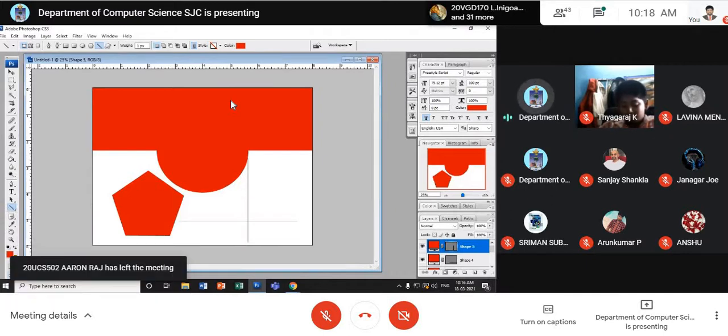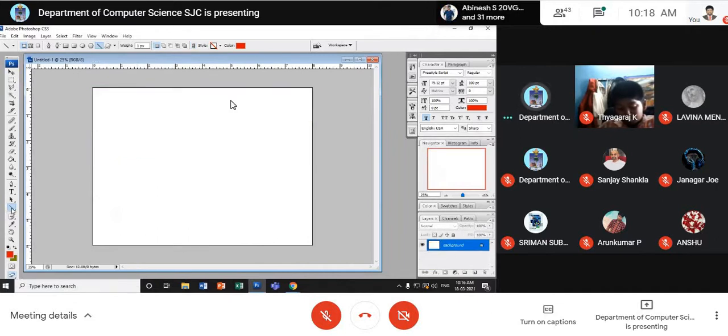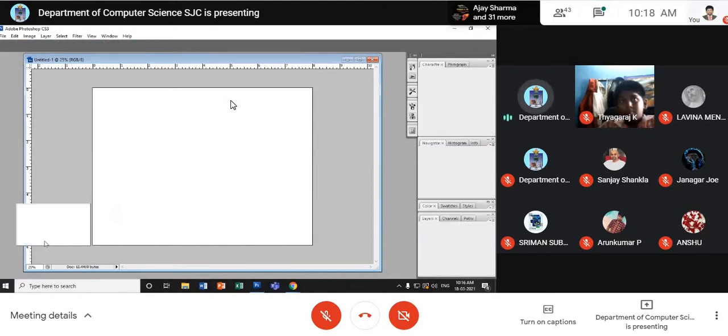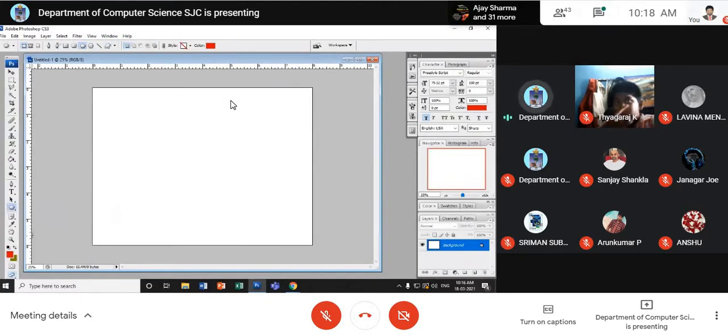Now, a very important thing that we are going to see is the next one, custom shape. I click here, the last tool of the shape tool. These are all shape tools. Okay, these all come under shape. When I click here, you will have all these. The last option is custom shape. See, custom shape, you will make it here. Look here.